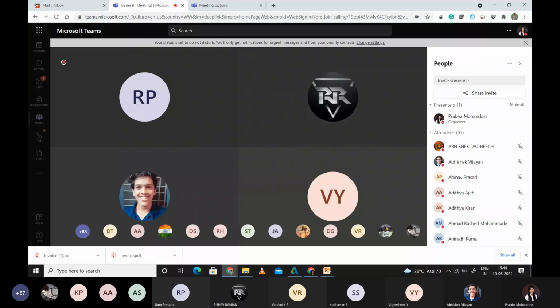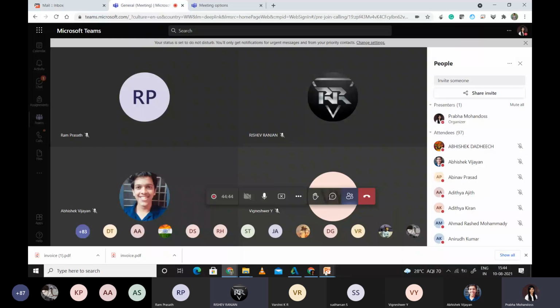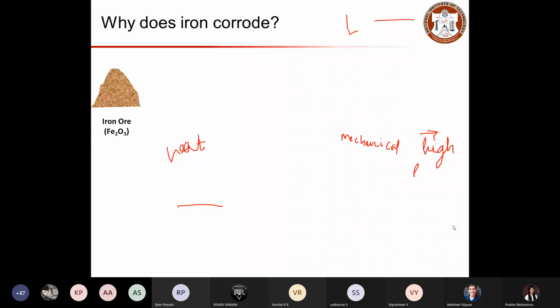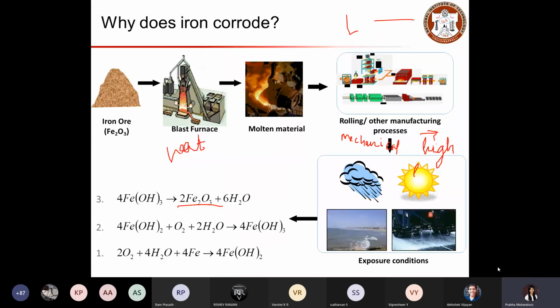You're right. So when we look at the mechanism, we can say as a whole it starts from iron ore and comes back to what it was. When we manufacture the steel, we start the steel manufacturing from the iron ore, right? We take the iron ore and then we process it, we melt the material, and then we process it to get the required rebar size or shape, whatever we need, that we obtain during this process.